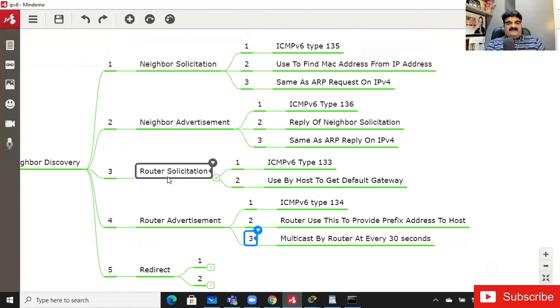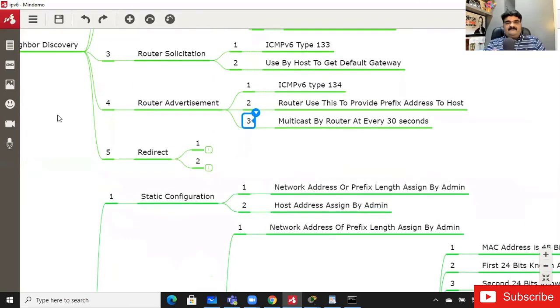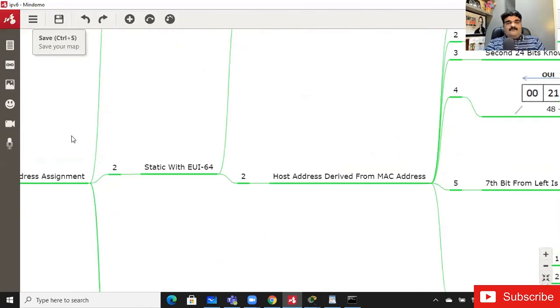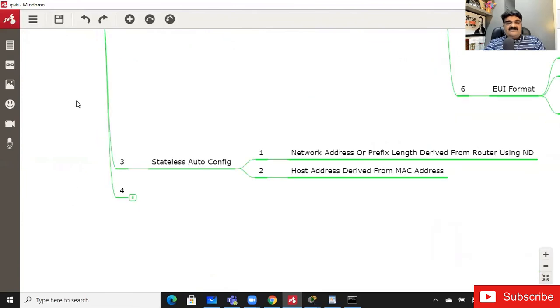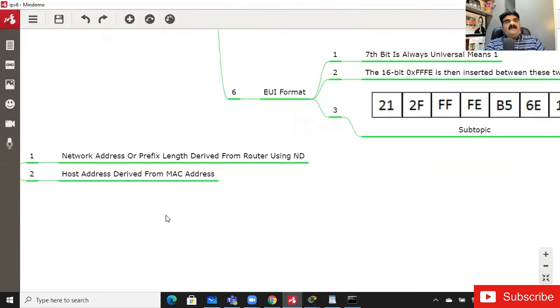The reply to the router solicitation will be a router advertisement. Your computer will get 64 bits from the router, and the next 64 host bits will be derived from the MAC address using this stateless auto configuration method and the EUI-64 address system.